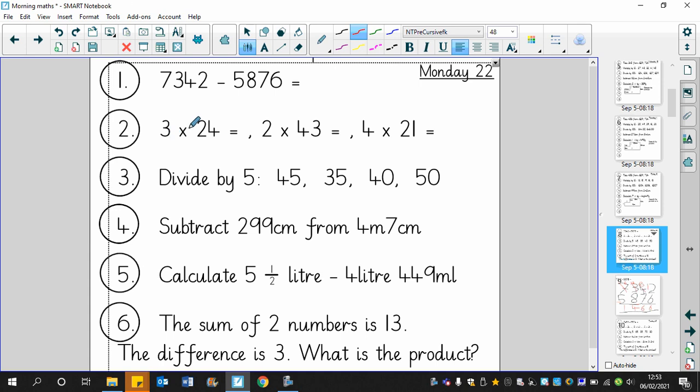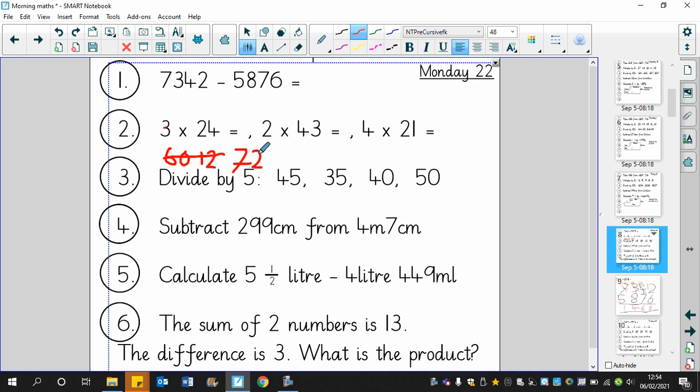So let's do 3 times 20. Okay, the 2 represents 20, obviously. So 3 times 20 is 60, and then 3 times 4 is of course 12, so 60 add 12 equals 72. Okay, so we can cross that off. Some of you may have noticed that 24 is double 12, so 3 times 12 is 36, and double 36